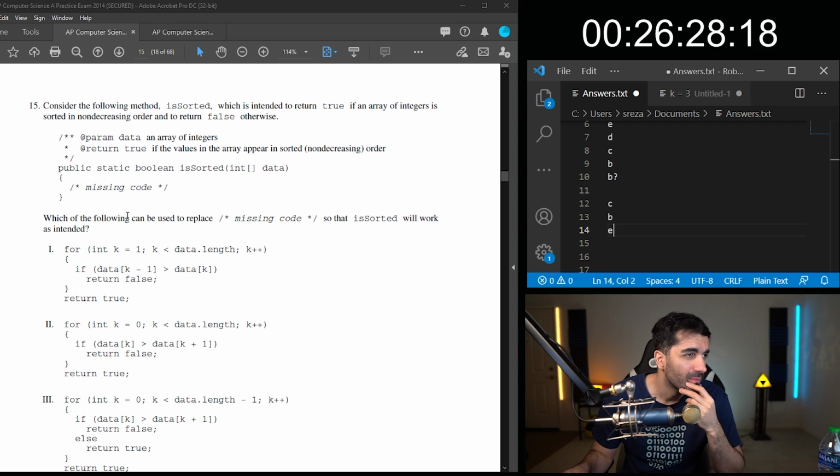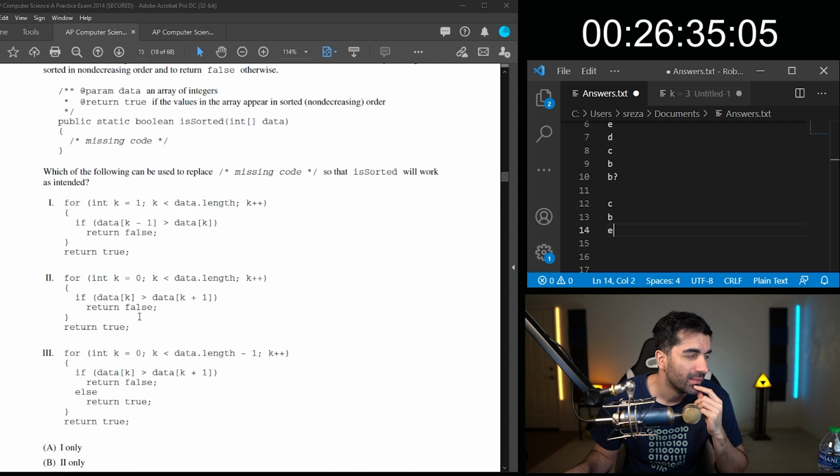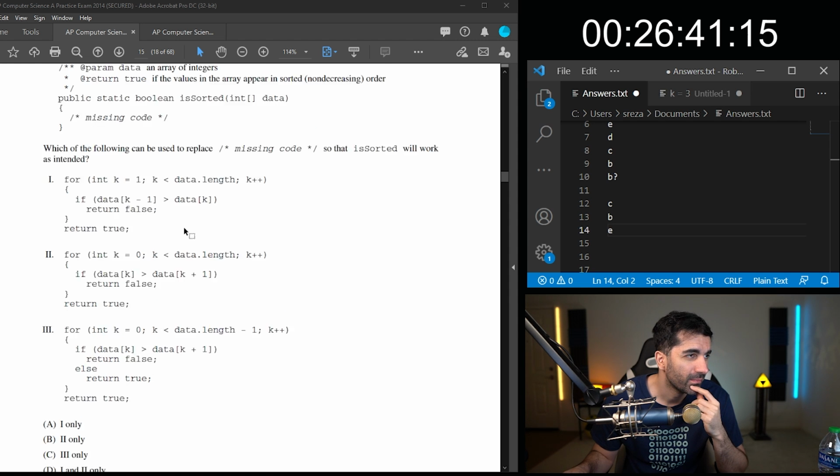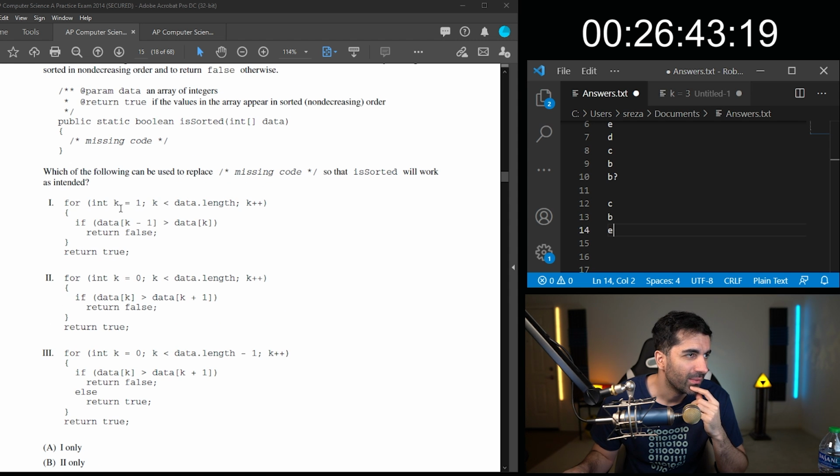Okay. Which of the following can be used to replace missing code so that sorted will work as intended? It's another one of these where it could be multiple. I really hate it when they start with 1 because that throws me off.